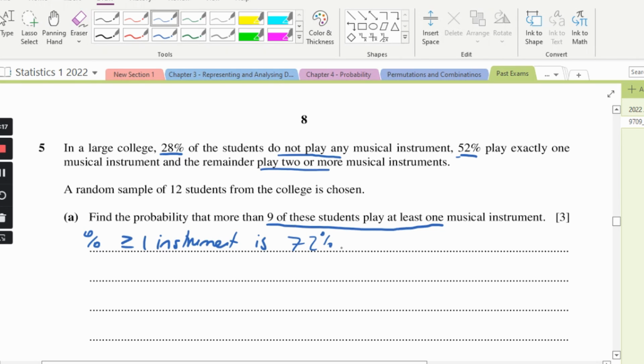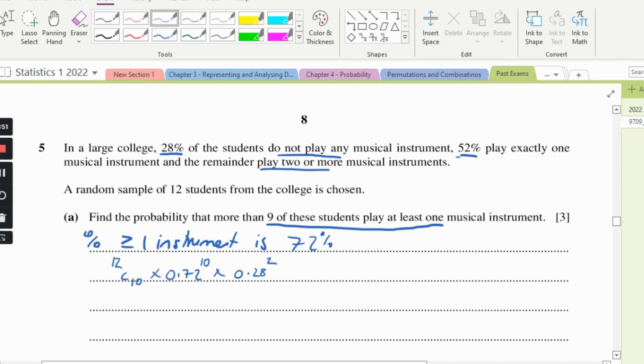Okay. Very good. And so that's the probability of success when we're selecting these. We want more than 9 of these students to play at least one instrument. So I think we're just going to go 12 choose 10, because there's 12 students. 12 choose 10, times the probability of success, which is 72%, so 0.72. We've got 10 of them. And then the failures,